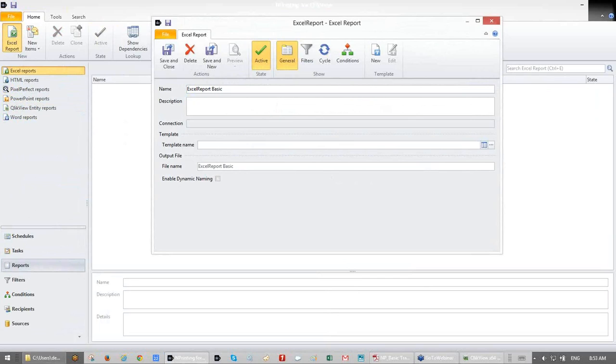So we'll call this one Basic. Now you'll notice here that this connection window is empty. You might be asking yourself, well, why is that empty? I created a source connection down here. Well, the answer is simply this: you need to actually go into the template editor to make that change. So in this case, we don't have any templates. We'll create a new template,